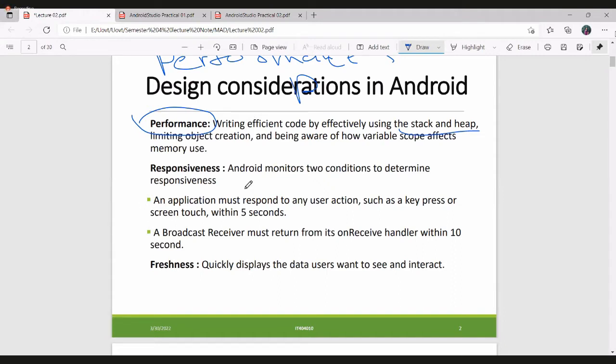Then the next one is responsiveness. Responsiveness is also a very important factor when considering an Android application. We can determine this responsiveness based on two Android monitors. That means they consider two conditions when measuring responsiveness. The first one is